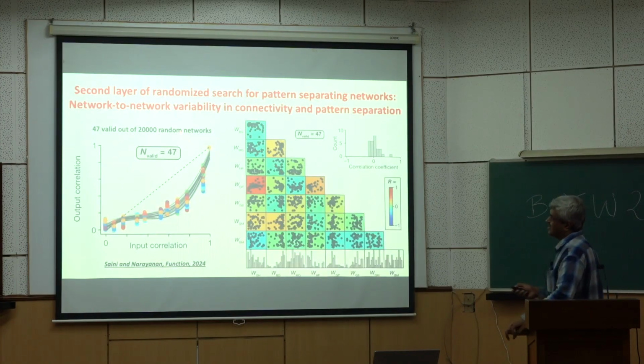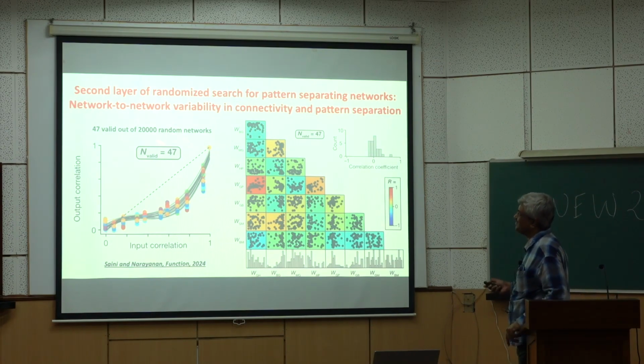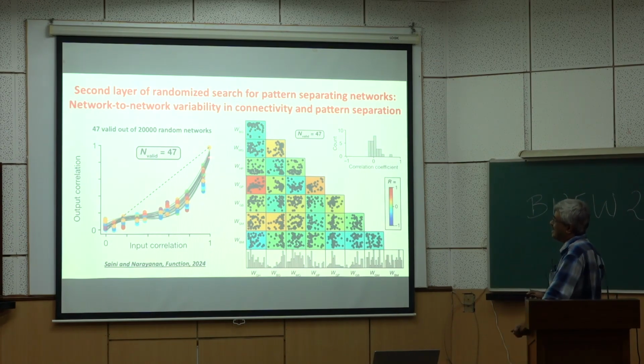So doing that, he generated 20,000 random networks, and if Marr's idea of this divergence mediating pattern separation were true, then all 20,000 of them would have been pattern separating networks. But here what he actually found was that there were only 47 of them which gave him this pattern separation. He had specific metrics which we will come to in a minute, and he showed that, I mean, these 47